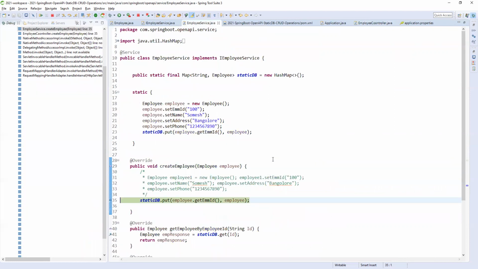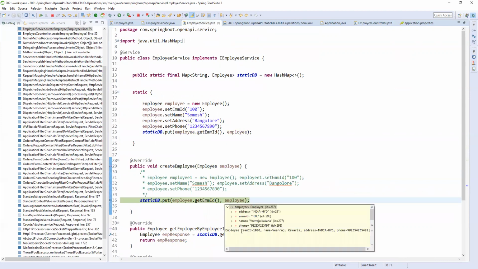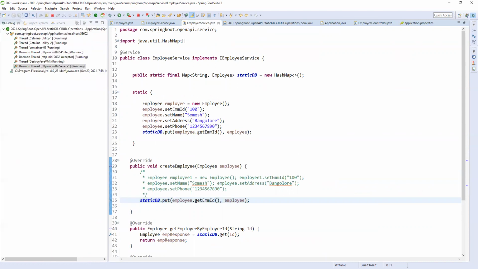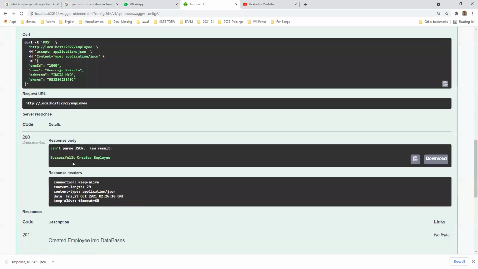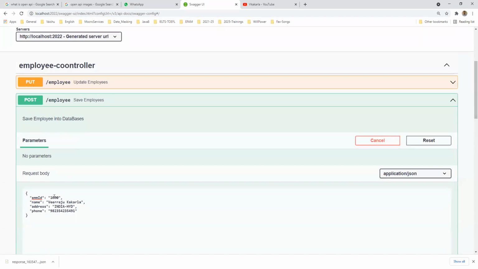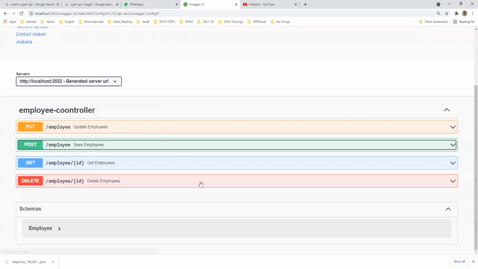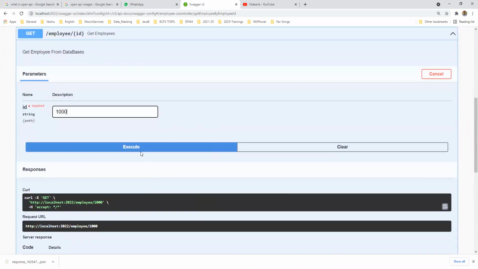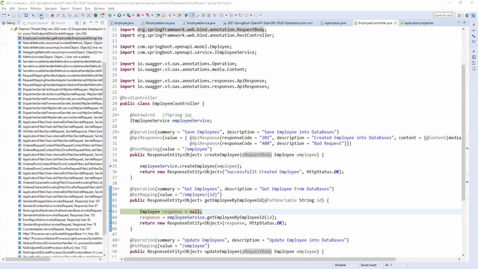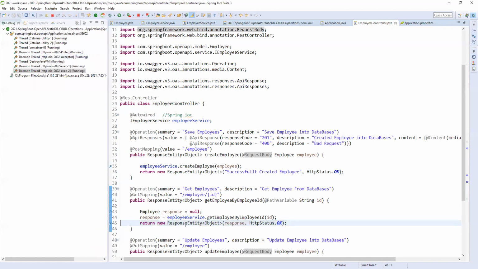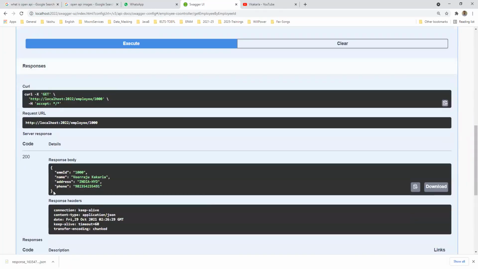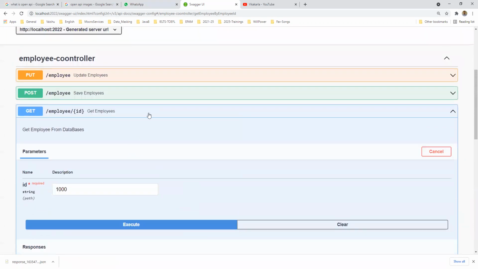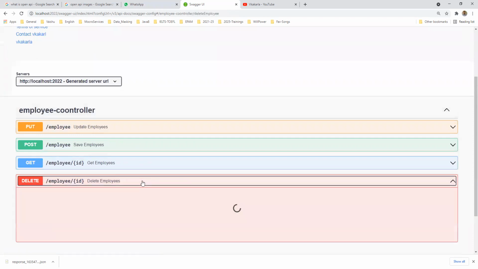Okay, so now you can see the employee we saved, right? Now we are saving and it is successfully created. Now I can get this employee. Whenever we are writing our services, we need to take care about where the import is coming from. Okay, get employee. So are we getting it or not? So we are getting. Got it? So now we have two records there, one is the 100 record and one is this one.